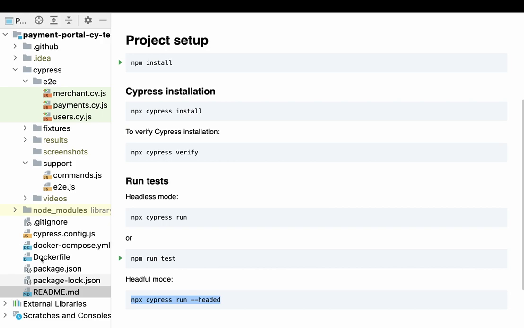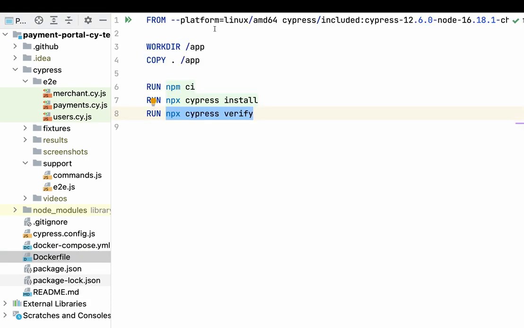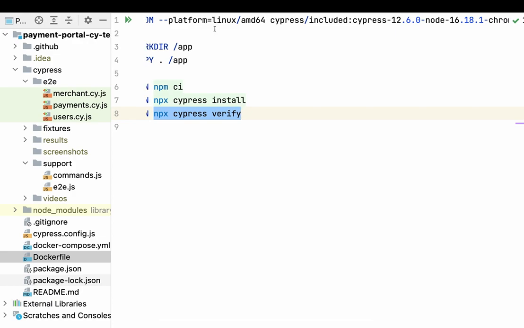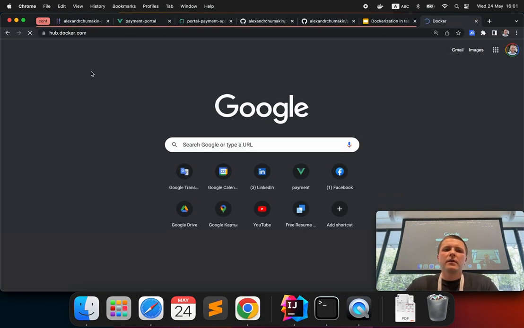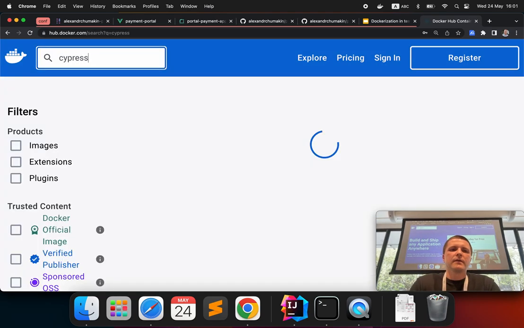So first of all, we also have a Dockerfile, and a Dockerfile for test projects will always be a little bit trickier than a development one, because for example, in the case of Cypress, we'll need to pick an image that has node, npm, all the required browsers, Cypress, and all the dependencies for Cypress installed. Before I go into details, if I open Docker Hub again and search for Cypress,